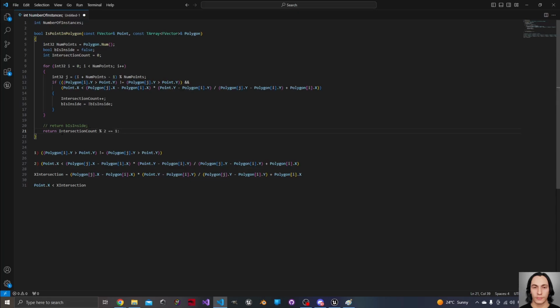And this means that the intersection count is odd. If it's even, the point lies outside, and if it's odd, the point lies inside. So these two methods are the same. Now that we understood how our algorithm works, let's dive into Unreal Engine 5 and